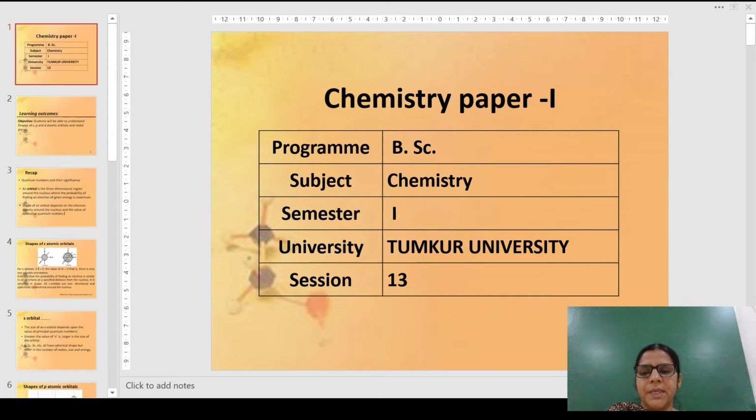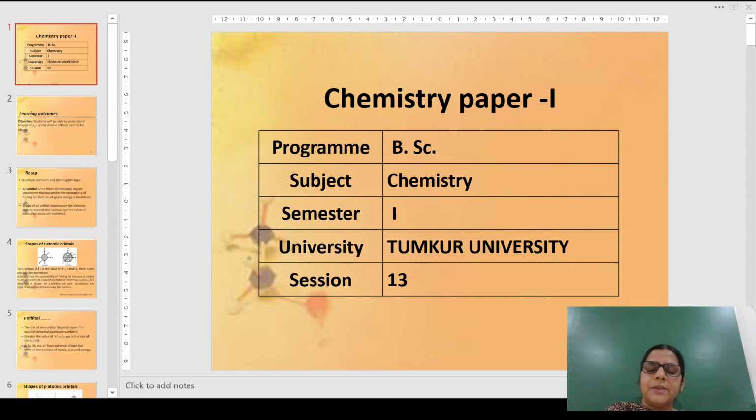But here, once again, 3d orbitals don't have any nodes. 4d orbitals have one node. 5d orbital has got 2 nodes, and so on. Remember, a node is a point where the possibility of finding the electrons is 0. Now, these are the shapes of the d atomic orbitals.